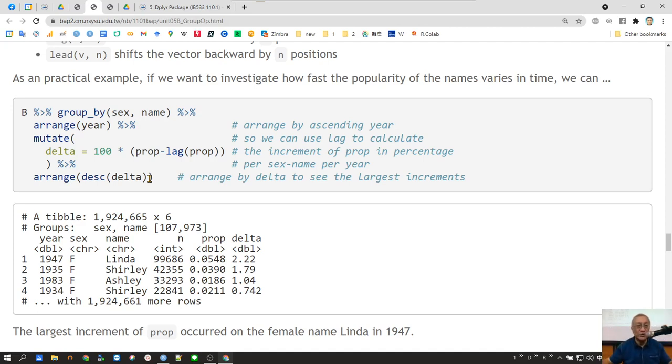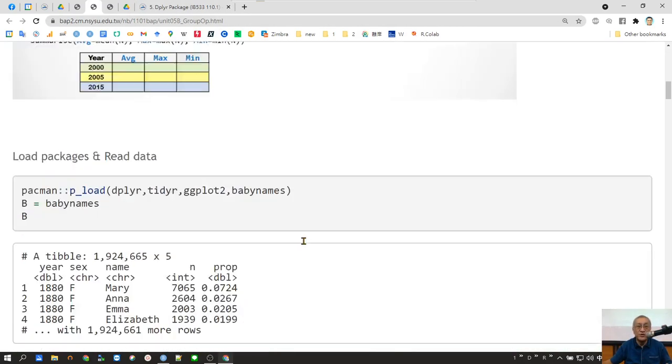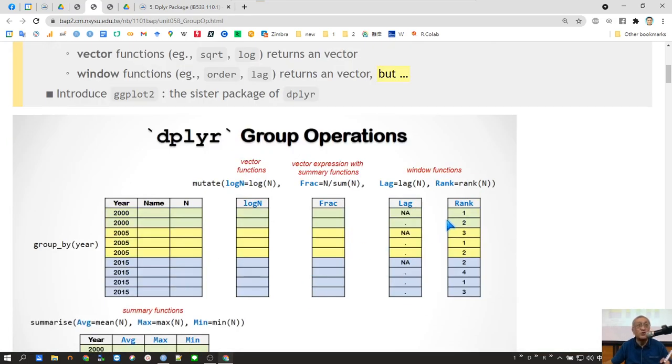We want to see it like this. I apply a lag on the vector, this is the proportion, right? So I lag the proportion by one position and subtract it, and calculate the difference between the lagged and non-lagged vector. Then I will see the difference year by year, isn't it? Right? So this is another way that we want to use